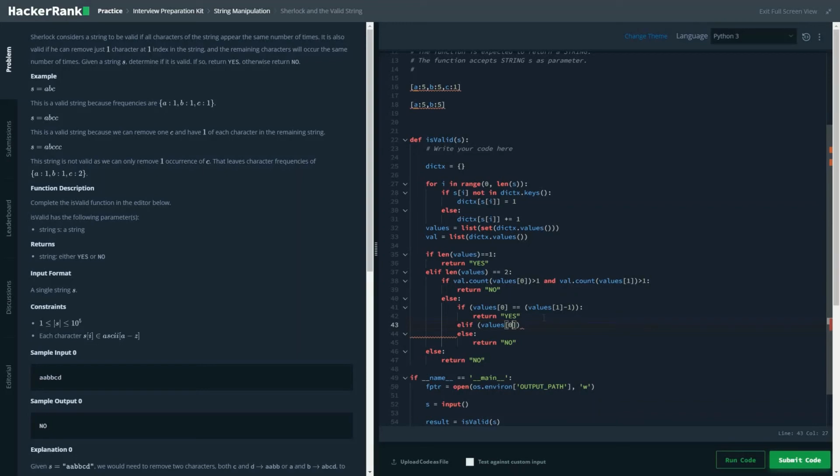If values of 0 minus 1 is equal to 0 and val dot count of values of 0